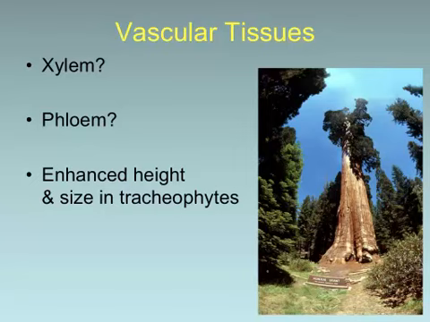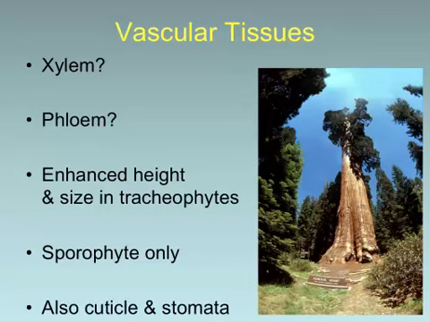For two reasons. The vascular tissue gives them strength. We talked about secondary xylem before in chapter 36, right? So we get strength from secondary xylem, and we also get water conduction from secondary xylem. And without those two things, plants would have stayed really small, like most mosses are. Again, this is going to be the sporophyte. The gametophytes typically don't ever really have much in the way of vascular tissue.